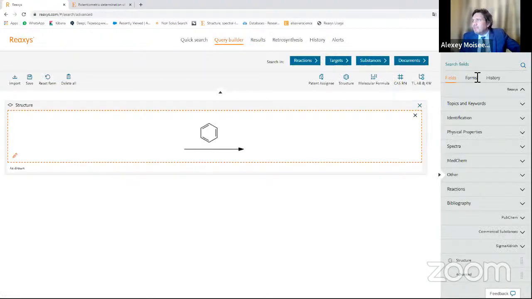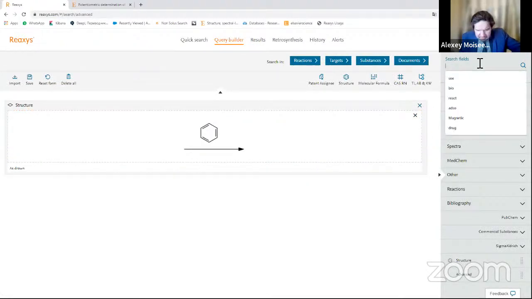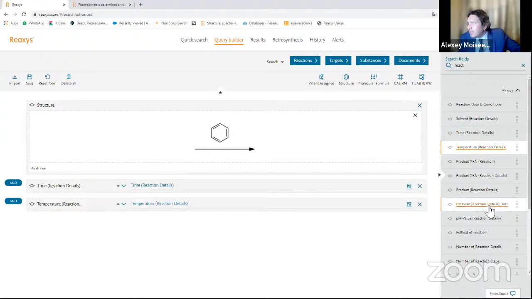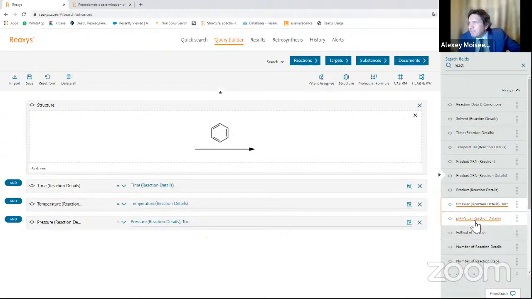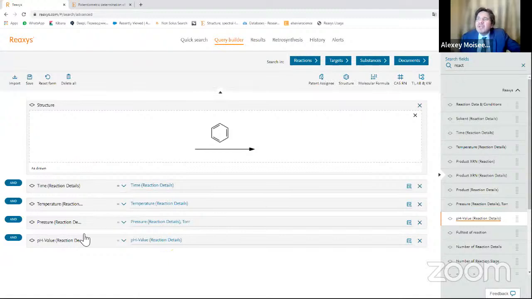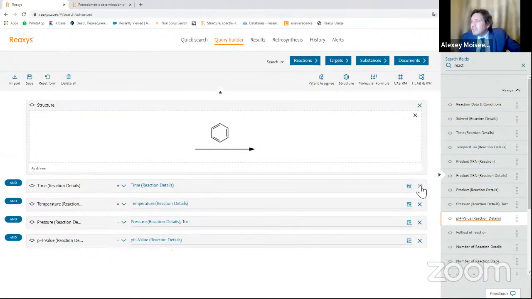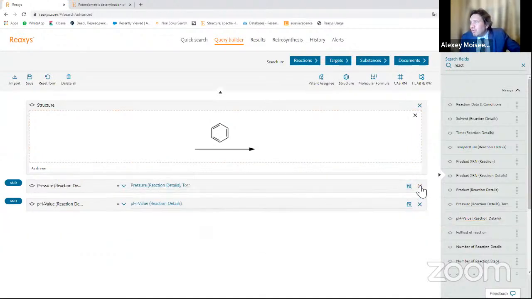We can, for example, add here reaction conditions, reaction time, reaction temperature, reaction pressure, pH value, and other things. You can filter chemical reactions by these parameters. And also we have a lot of different filters. So you can combine your chemical search together with text search and place or